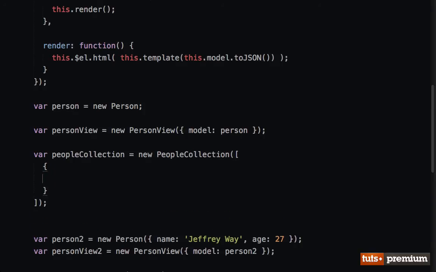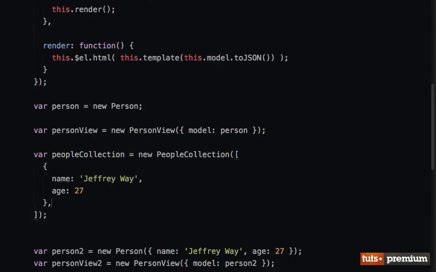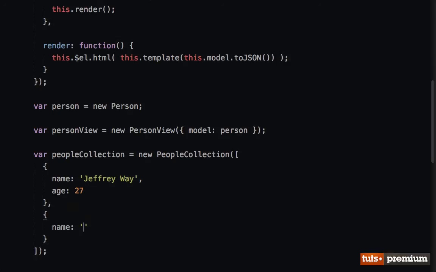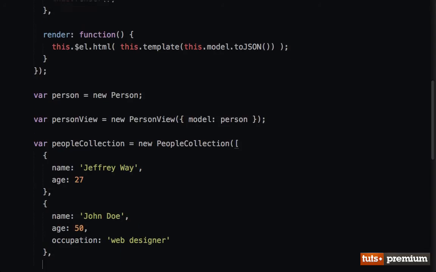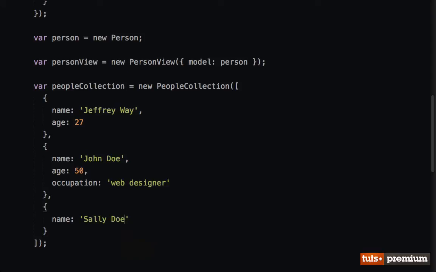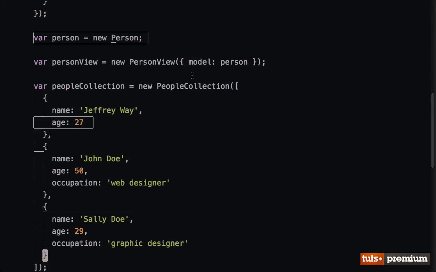So for example, if I were to say name is Jeffrey Way, age is 27, and then let's do another one. Name is John Doe, age is 50, and he is a web designer. And let's do one more. Name is Sally Doe. She is 29, and her occupation is graphic designer. So now notice what we're doing is we're passing an array to PeopleCollection, and it's just a list of